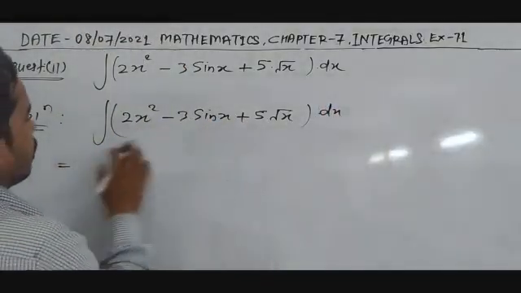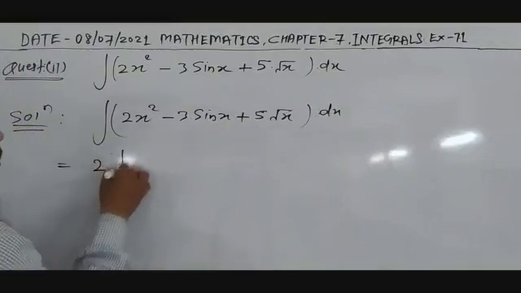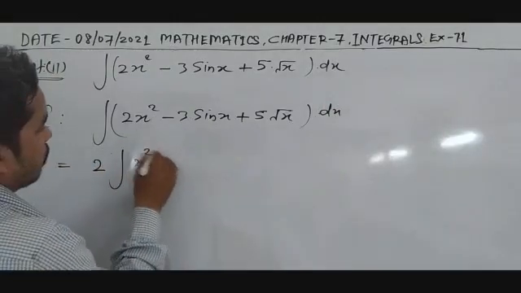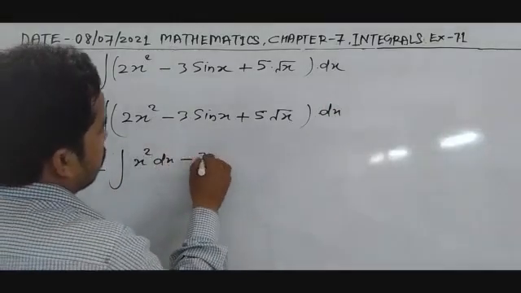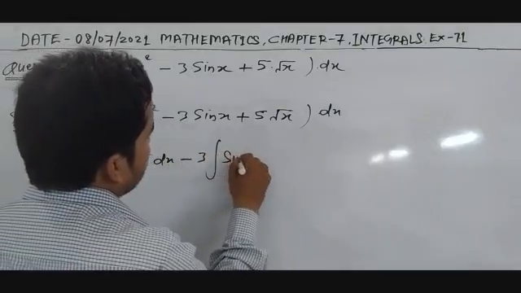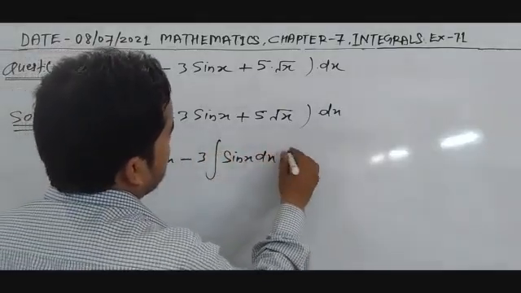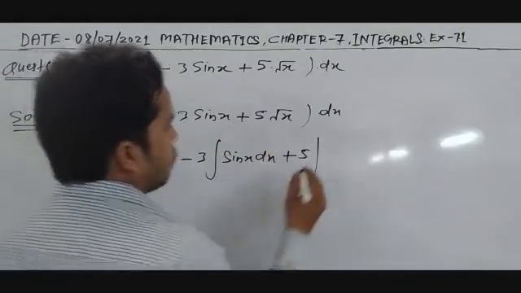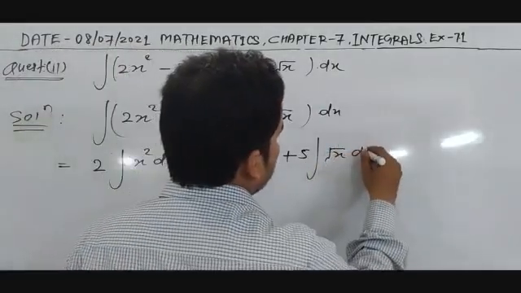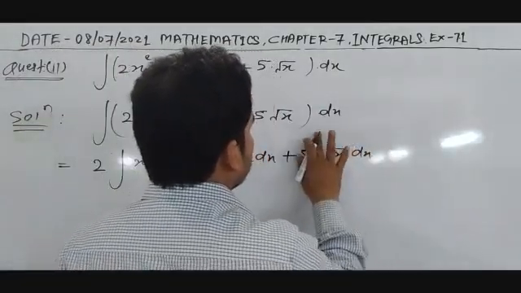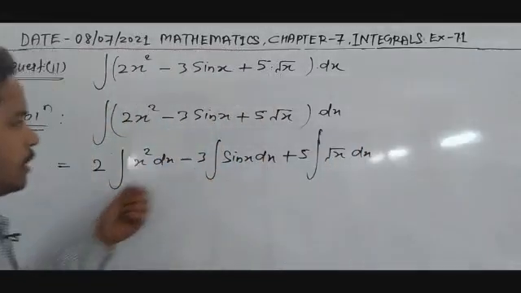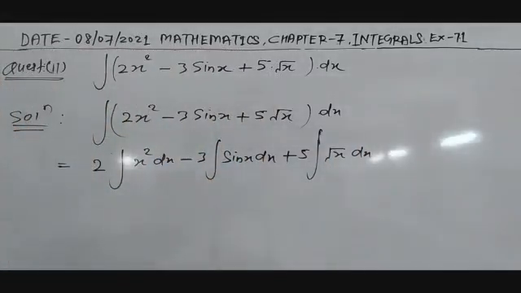First, second, third, there are 3 terms. So integration over x square dx minus 3 times integration over sin x dx plus 5 times integration over root x dx. This expression can be written in 3 integral parts. So now